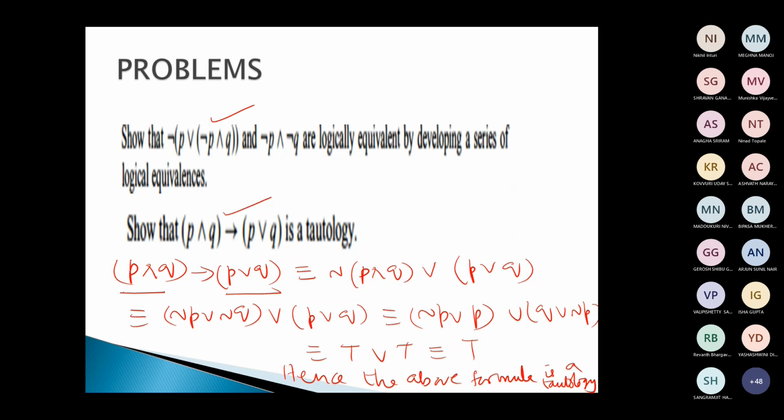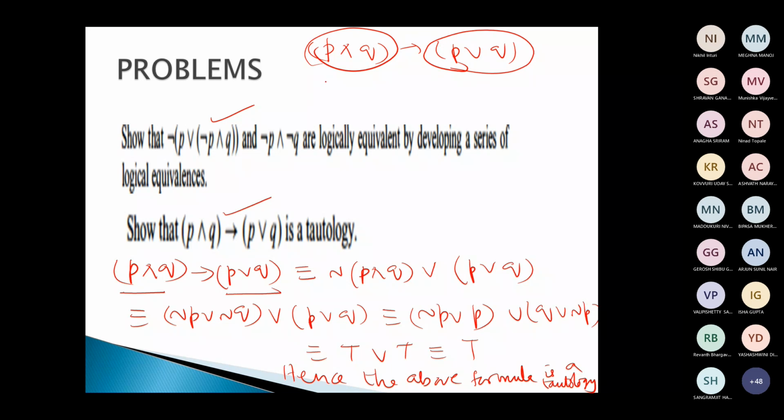Okay? Yes, ma'am. I told you the other way, right? Very simple here. P and Q tends to P or Q. When will P or Q be true? Whenever P is true or Q is true, any one is true itself, it is true. So here both are true, right? So automatically P or Q will be true. So even in the truth table, this possibility will be eliminated.